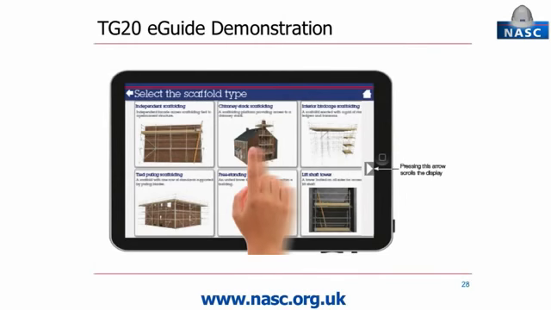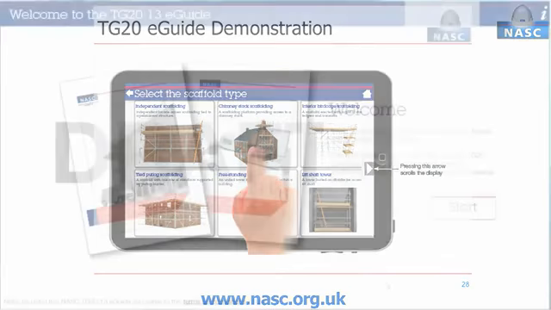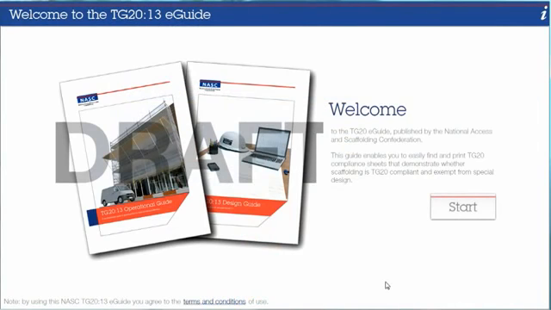This is a short demonstration of the National Access and Scaffolding Confederation's TG20 eGuide. The main purpose of the TG20 eGuide software is for producing compliance sheets. Chapter 3 of the TG20 operational guide contains compliance sheets for a range of common tube and fitting scaffolds, whereas the eGuide extends this range of standard designs, including some useful add-on options for which compliance sheets will also be